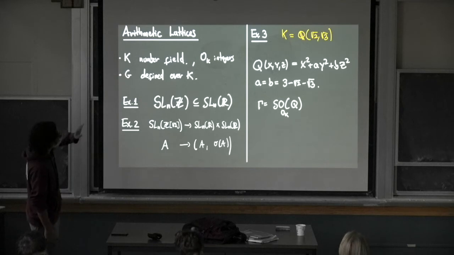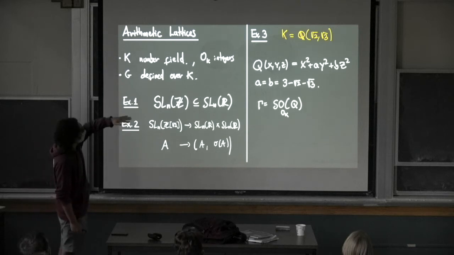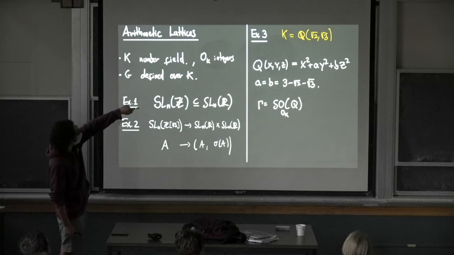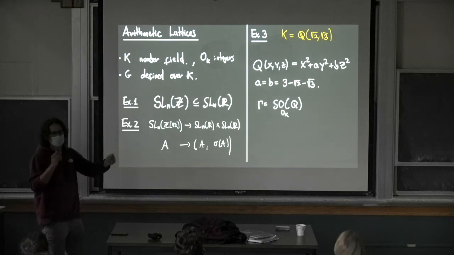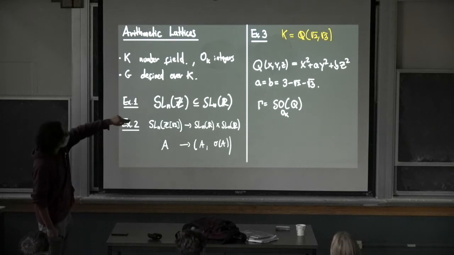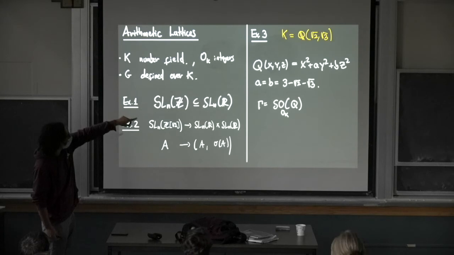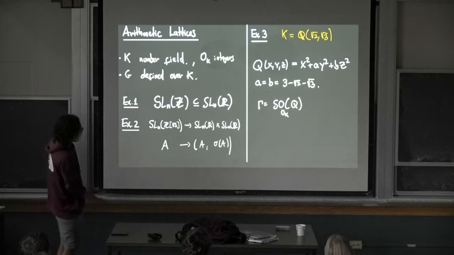You can put any numbers, but these numbers are chosen in such a way that when you look at the different embeddings of this field into the complex numbers, which correspond to sending square root of 2 into plus or minus square root of 2, and square root of 3 into plus or minus square root of 3, then whenever you change a minus for a plus, these numbers become positive. So when you apply this conjugation trick,